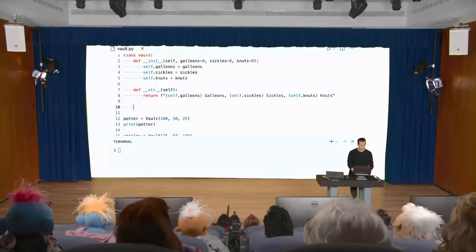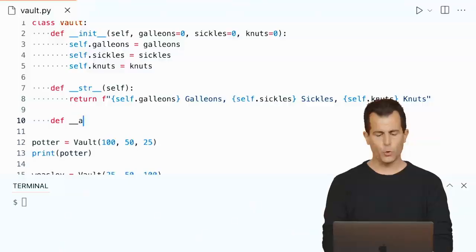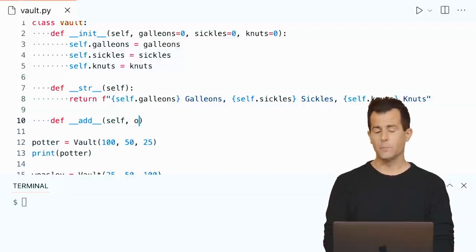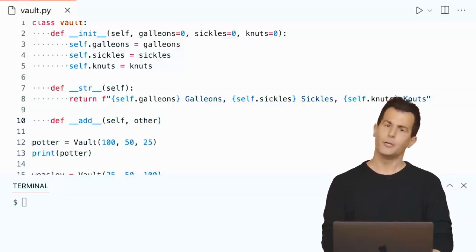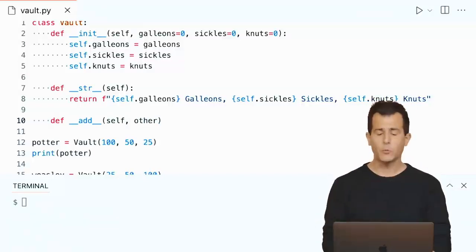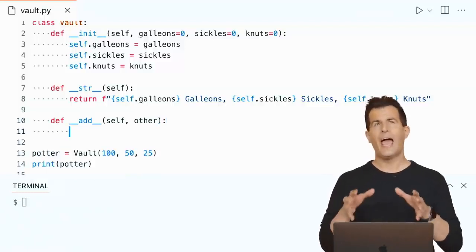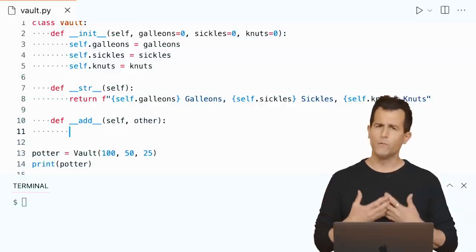All right, let me go into the class here and define underscore underscore add underscore underscore, and then specify its first parameter as self, as before, and then a second parameter for this particular method called, by convention, other. Now, as always, I could name those parameters anything I want, but I'm going to stick with convention here. And now inside of this method, am I going to have to now add together the contents of two vaults? Well, what two